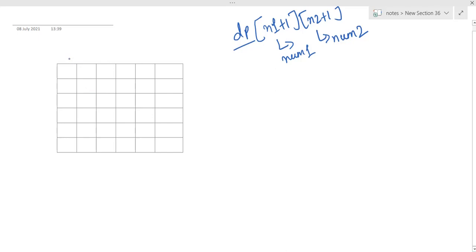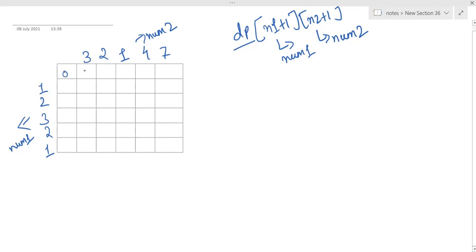Now let's have a look. First of all, let me put the numbers: 1, 2, 3, 2, 1 is our nums1 and 3, 2, 1, 4, 7 is our nums2. First, understand this: suppose nums1 contains no elements, or you can say it is empty.